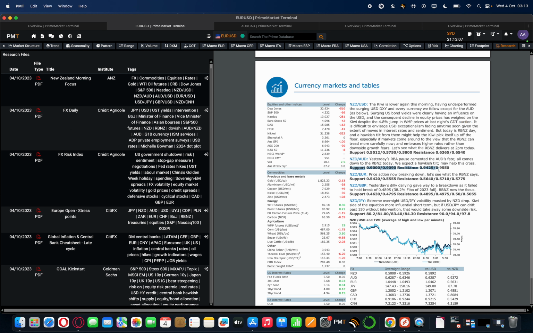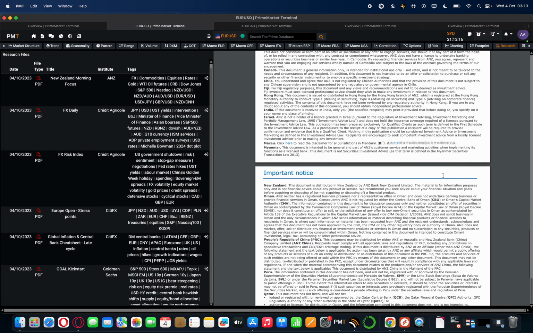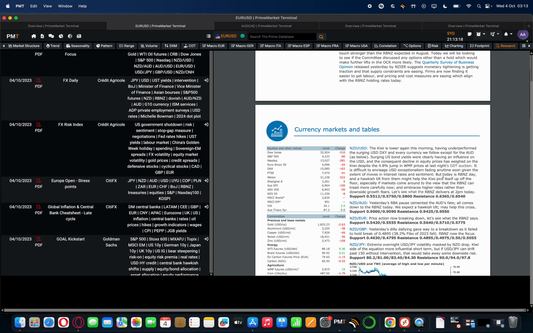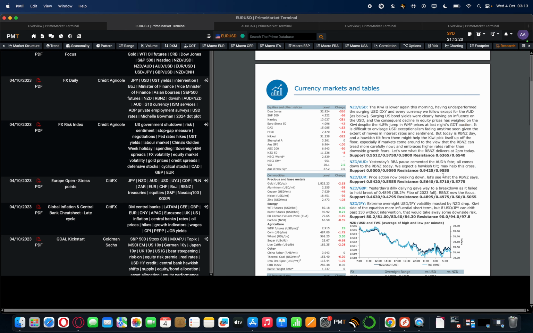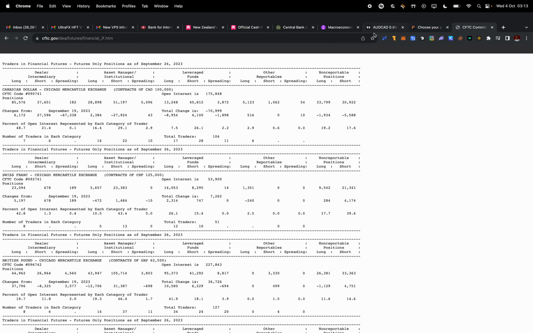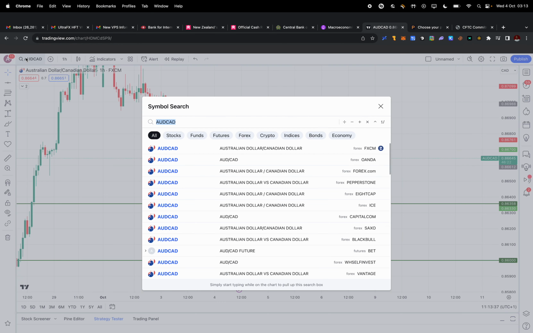For those of you that know how to read very well, some people know how to read long reports and they don't get tired of it. So just pay attention to the details. Pay attention to the details. You can see this is NZDAUD. I can just come here and search for NZDAUD,